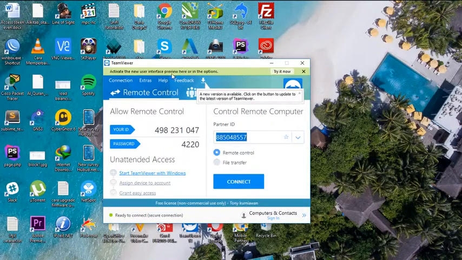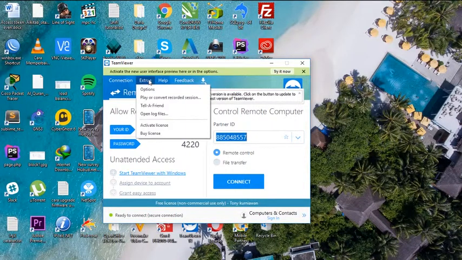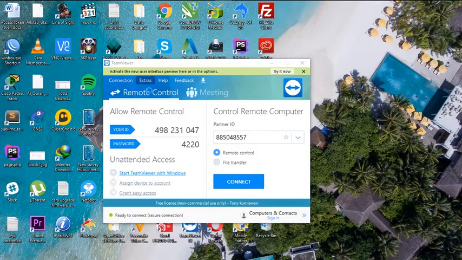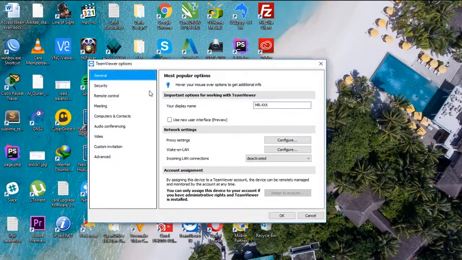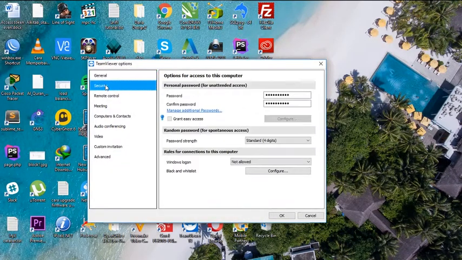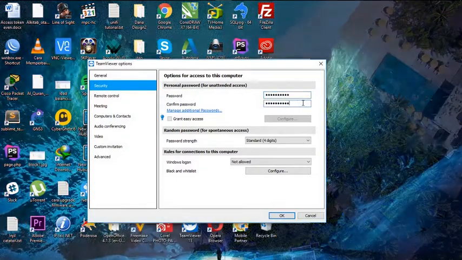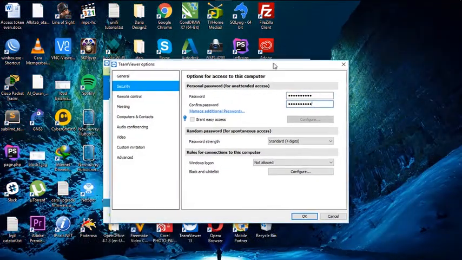Here there is the menu Extras, and then Options and Security. Here you can type your password to make your TeamViewer use a static password.